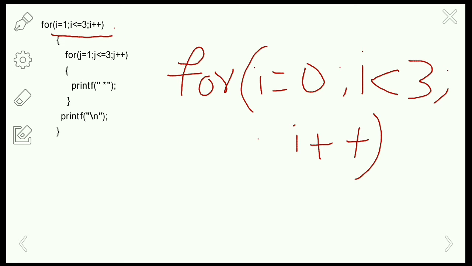Here I am printing i equals 1, i less than or equal to 3, that means 1 2 3. So we are going to print the number of rows. Similarly here i equals 0 to i less than 3, that means it will print 0 1 and 2, right? If you are using this for loop, it is going to print 1 2 and 3. In both the for loops we are going to print only 3 rows, right? So you can use either this one or this one to print the rows and columns.